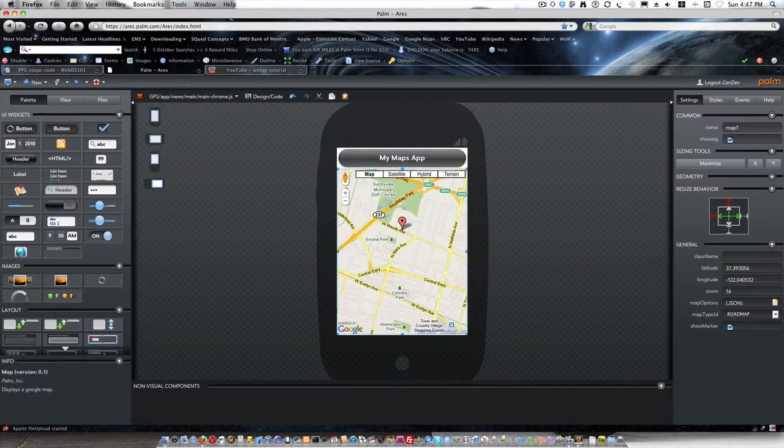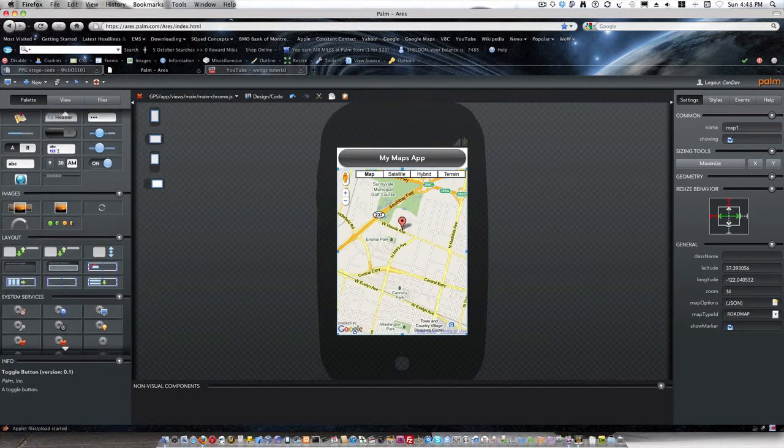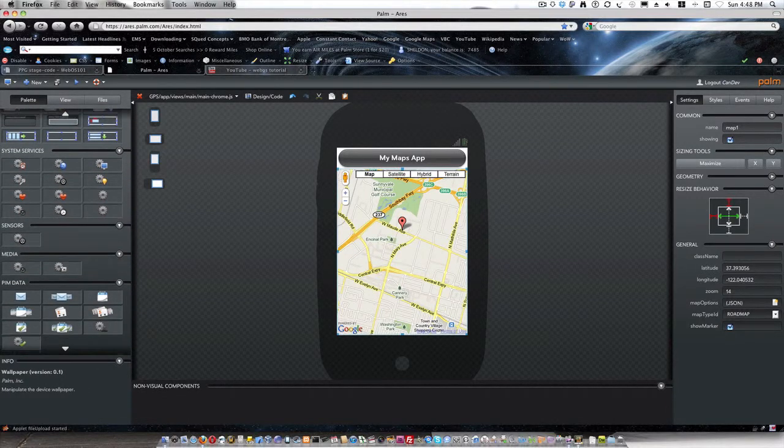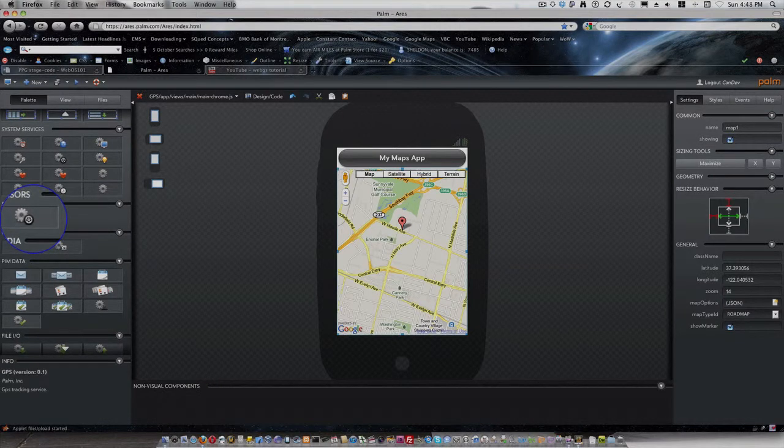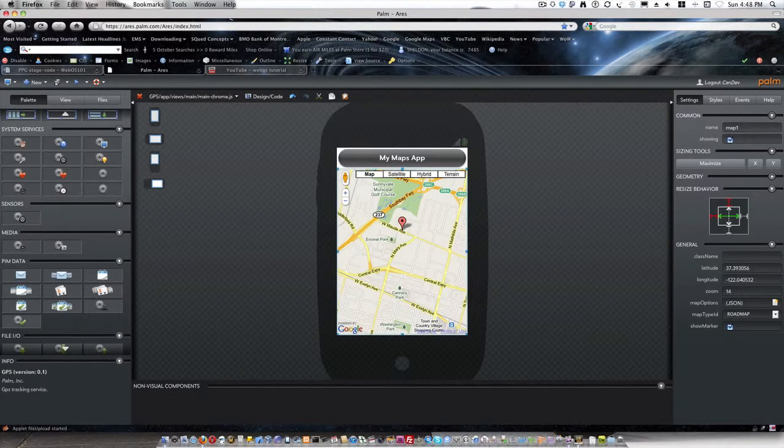Alright, and now we want to add the GPS component to this. In your palette on your left hand side again, we want to find the GPS component in the sensors section. So we'll just drag this up. Here's our sensors. You can see the info on the bottom there. As you hover over, it says GPS tracking service. We want to drag that